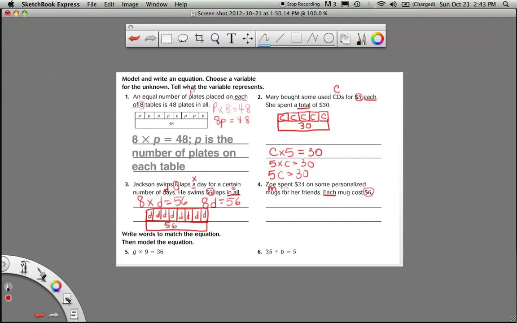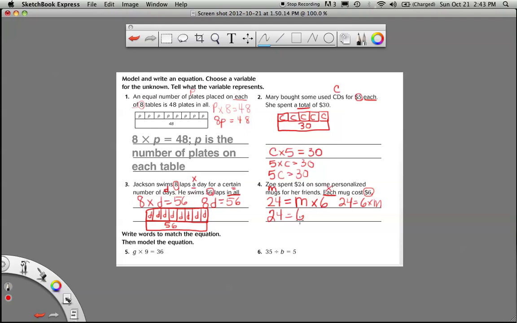So, translating this into math, 24 was the total that she spent, so I'll have the equal there, and each means times, M times 6, which I can rewrite as 24 equals 6 times M,